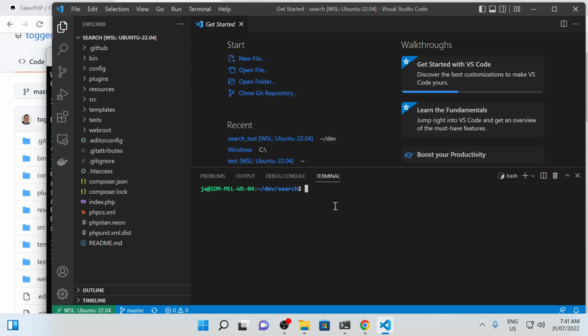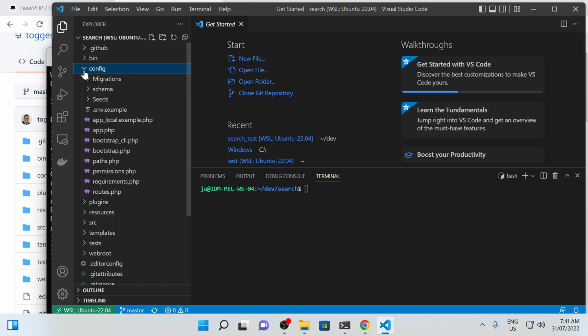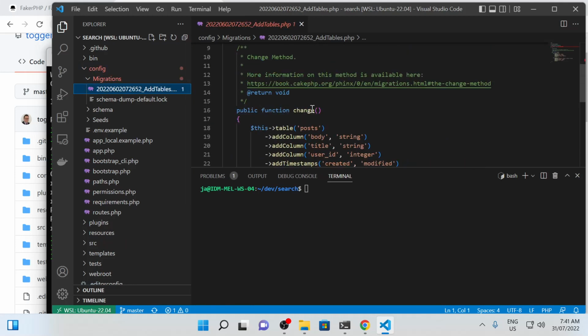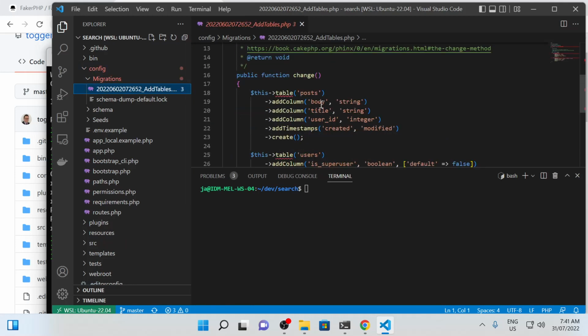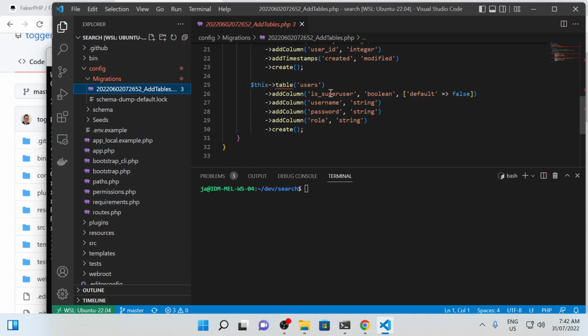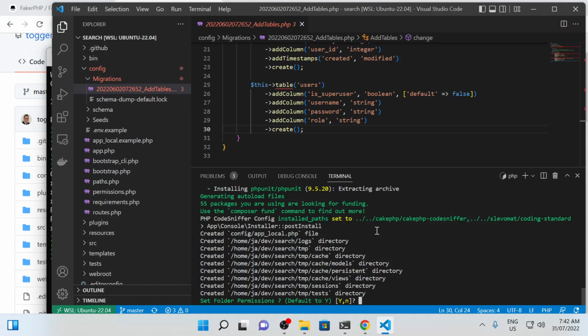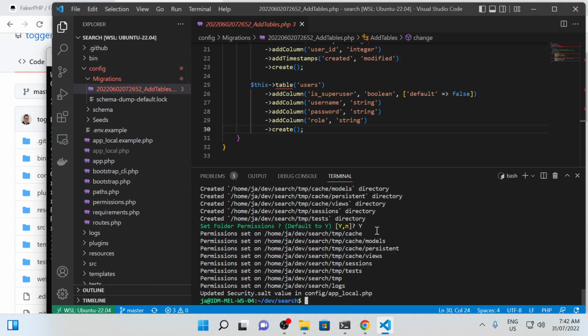Cake skeleton. The reason, as I said, I'm using it is that I already have a migration written to create a post table with body and title string columns and a users table, but we're not going to be looking at that today. So the first thing you do when you've installed a Cake skeleton or Cake itself is you run composer install,